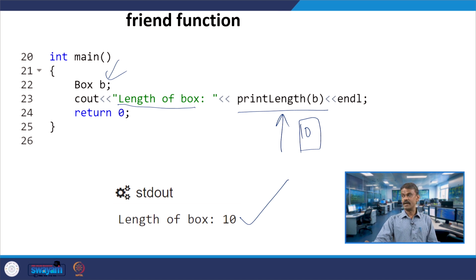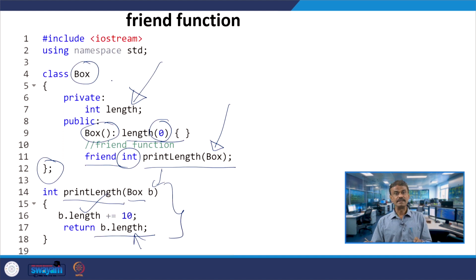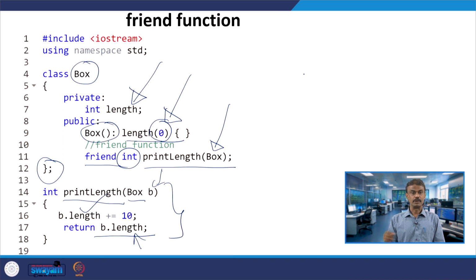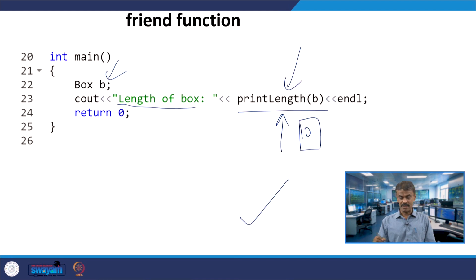Initially, when you are instantiating this object b, the constructor will be called and length is 0. Then when you are calling this function print length, here you go, you have print length. You are passing b.